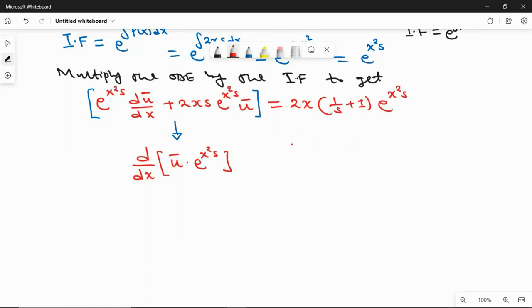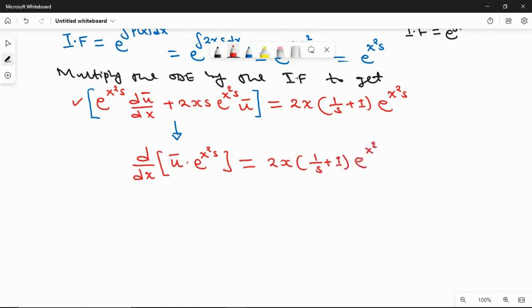That's the same, because if you work out that derivative, you go back to what we have up there on the left-hand side of that equation. On the right-hand side, it remains the way it is: 2x, 1 over s plus 1,